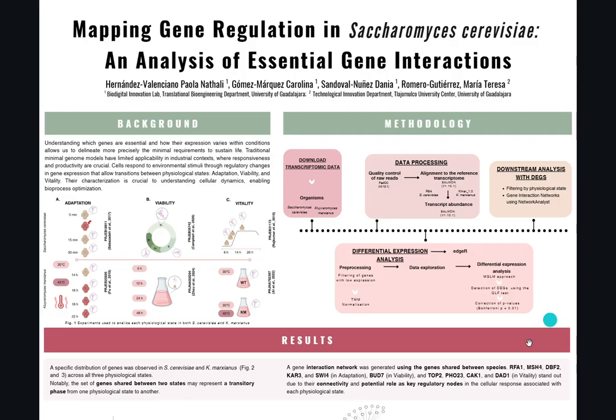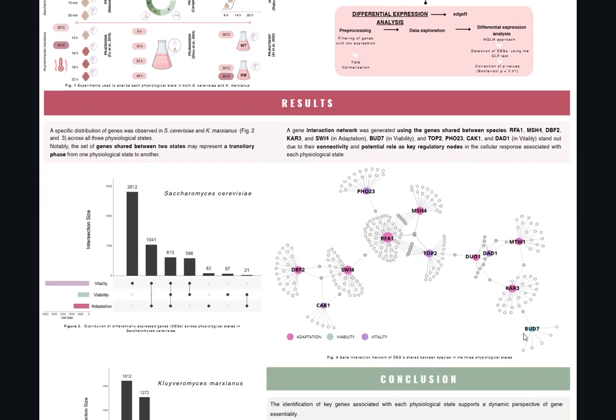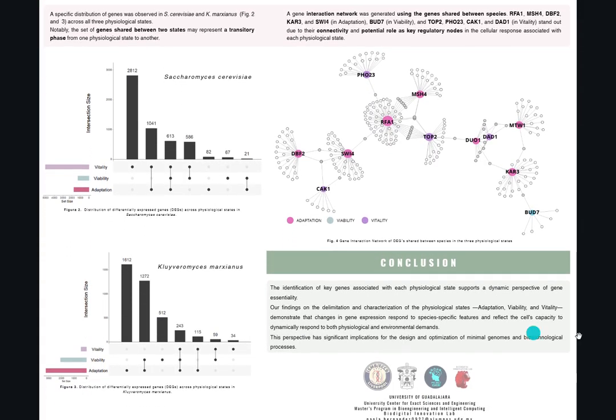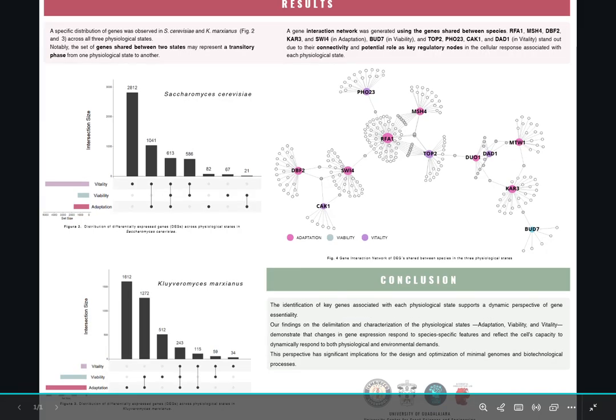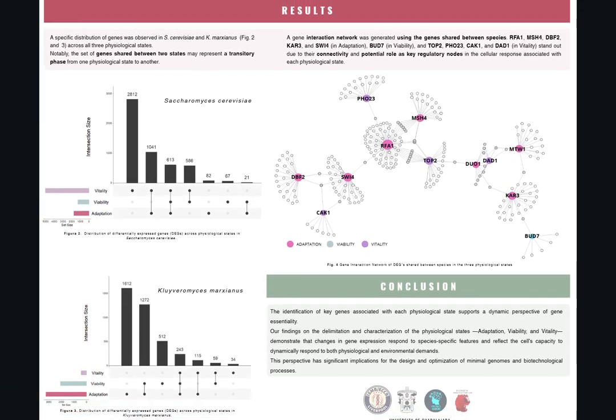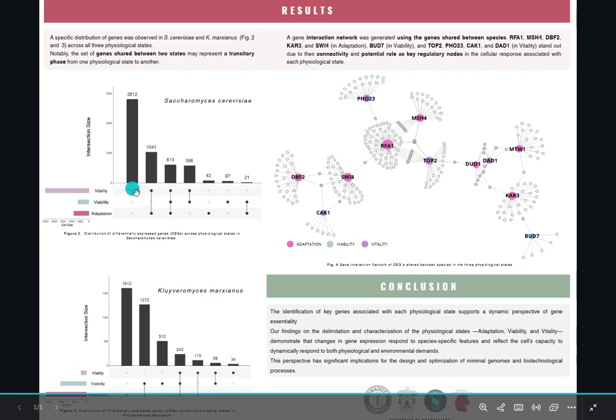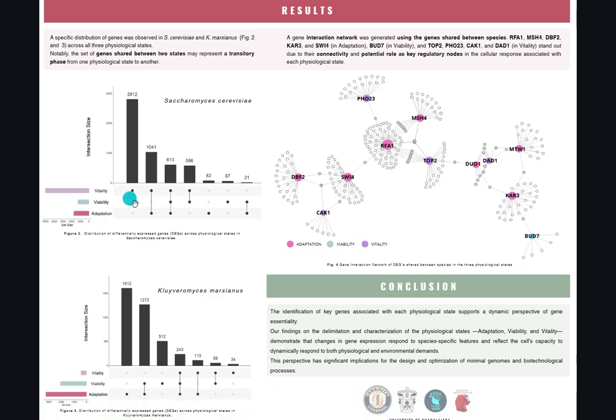As part of our results, I can show you this in figure 2 and figure 3. The distribution of these differentially expressed genes across three physiological states in Saccharomyces cerevisiae is in figure 2 and in figure 3 for Kluyveromyces marxianus. What we can see in these graphs is that in single dots we have the genes that are differentially expressed and that we found unique for, in this case, vitality, for adaptation, and for viability